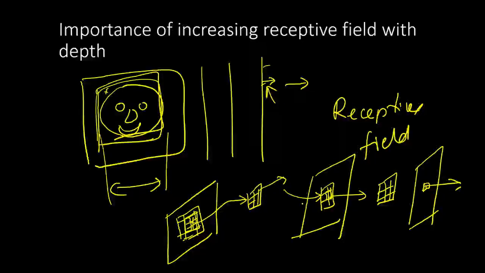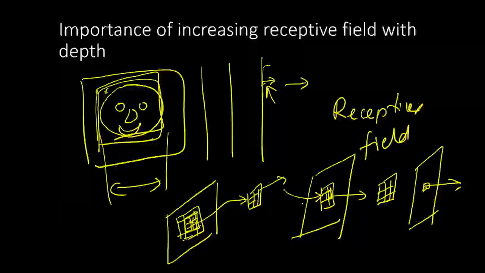Now we want these receptive fields after a few layers to be very large, so that it can look at big objects and do some processing on those objects, or recognize those objects, or detect those objects and so forth. The challenge with that is that it requires many convolutional layers to be put together, whereas we may want a faster way of increasing the receptive field. By faster I mean within a few layers we may want to increase the receptive field quite a bit, and while doing so, the parts that we detect, their exact location is not important. As long as they are detected, they are fine.